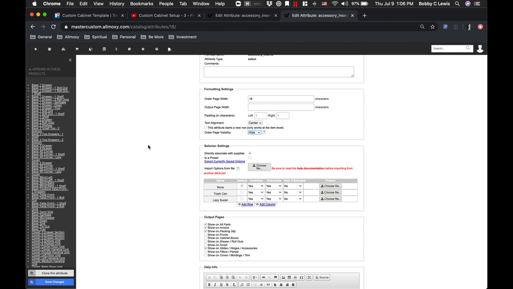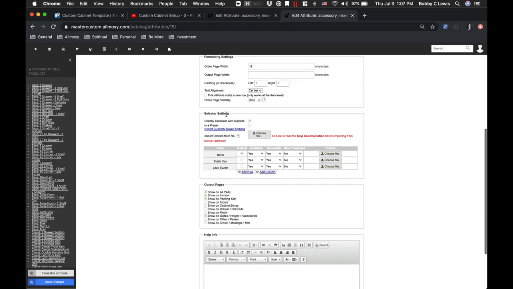Now, we'll go over edit overrides. So say there's an example where you want to have it showing on one product and not on another. You can also do that. This will just be the default order page visibility, whether you're able to see it across all products as a default or not. And then as you come down into the selector settings, this is where you directly associate with